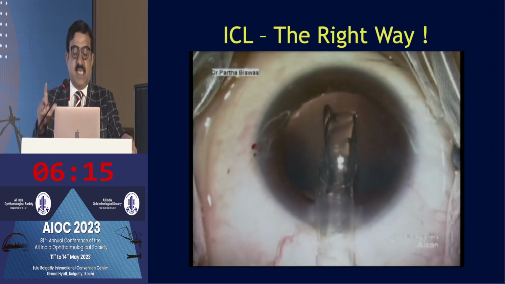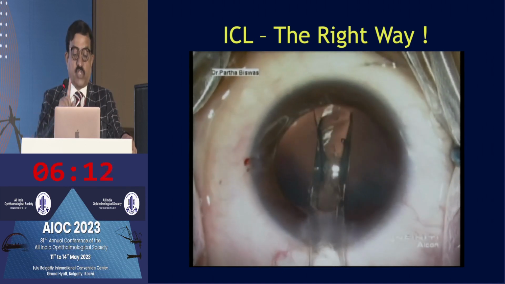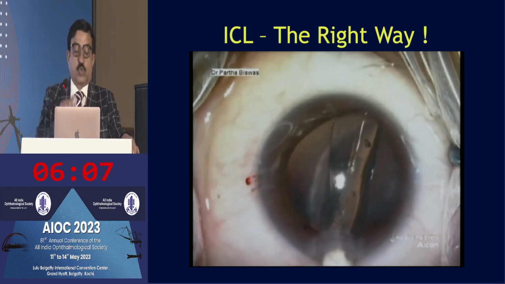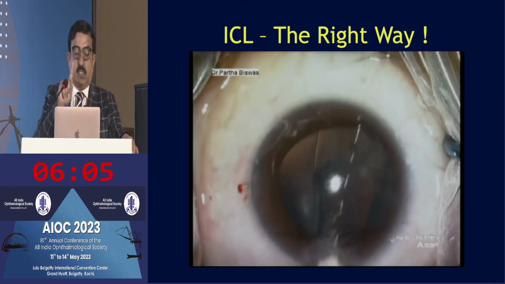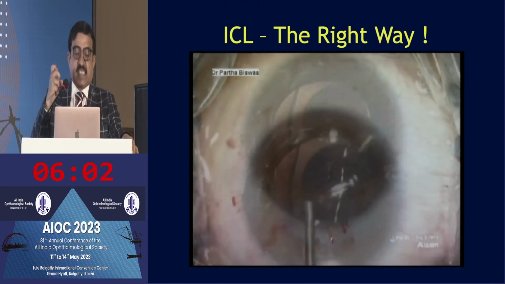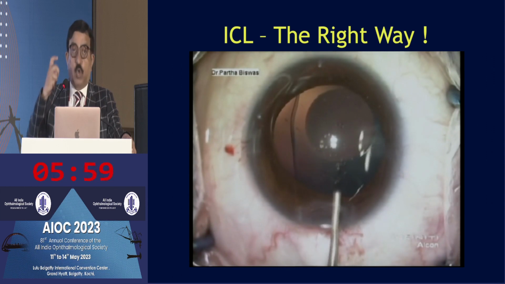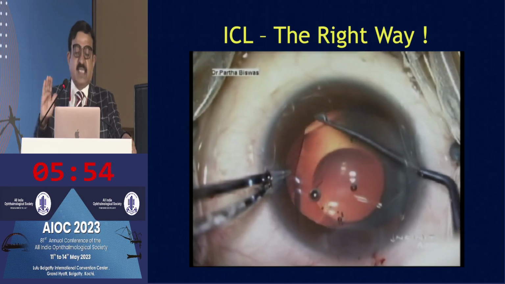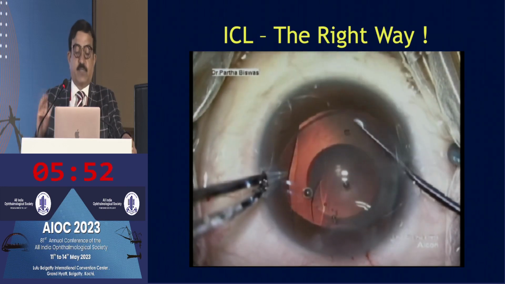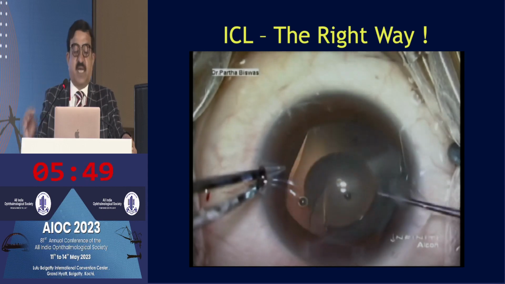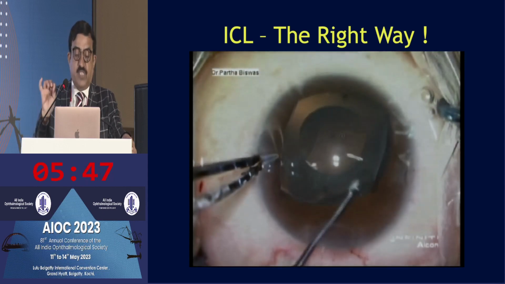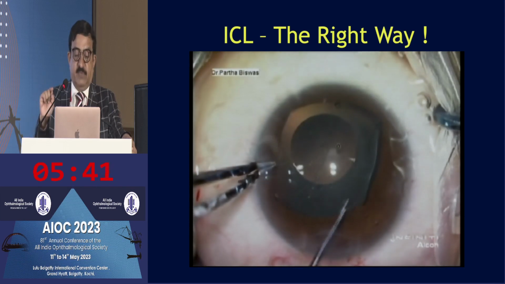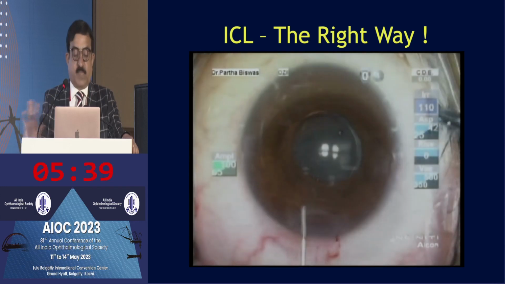So placing it in the anterior chamber and watching it unfold, and moving the cartridge a little as it unfolds so that the top hole is right on the top, and then pressing against the iris in the anterior chamber, not putting it behind the iris in the first go at all. These small tricks have to be kept in mind. And then the haptics are very, very simple, very small haptics, which just have to be tucked in. And the manipulator again has a curve which should be tucked in the right way. No vigorous